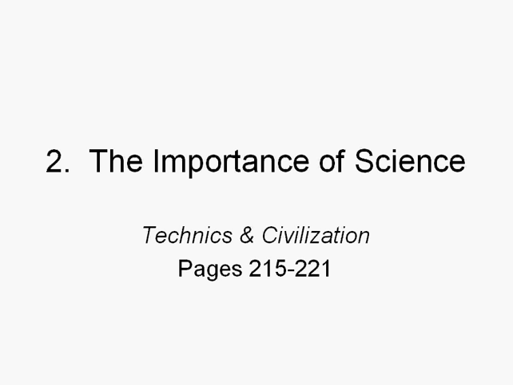Welcome learners to this mini lecture on the importance of science, which corresponds with Lewis Mumford's Technics and Civilization, pages 215 to 221. Mumford points out in the text that one could document the history of the first and second industrial revolutions, the Eotechnic and Paleotechnic phases, without needing to link the advancements to science, or, in his words, by simply not even making a passing reference to science.